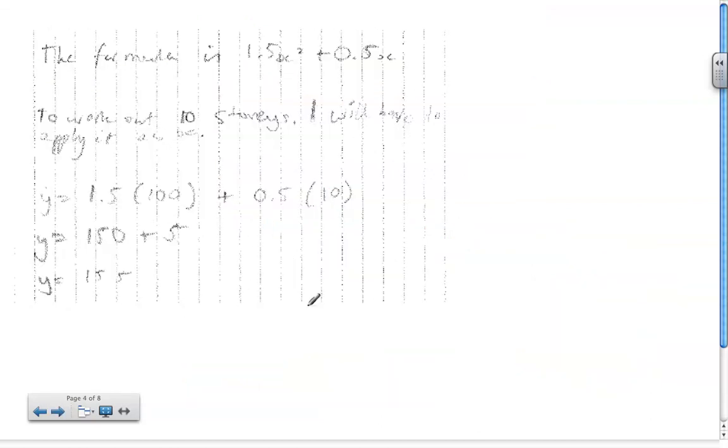Okay, so then the actual task did ask to find how many cards are needed for 10 stories. So the formula's been stated, and they've said to work out the 10 stories, I will need 155 cards, and then below they have given some sort of justification of